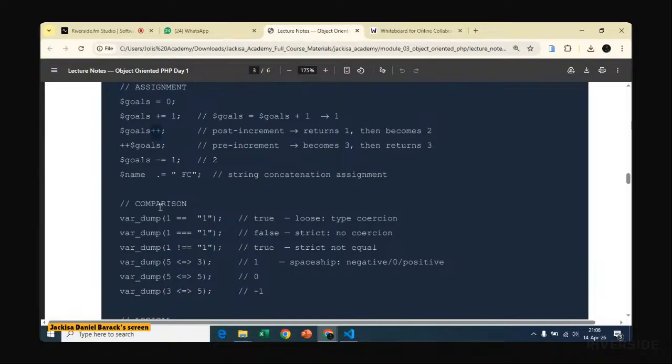Then another thing we have here is we can have a plus symbol before the variable. Now this is pre-increment. You see, in post increment earlier, a value had to first be what it's meant to be, then it's increased by one. Whereas if you add the values before it,